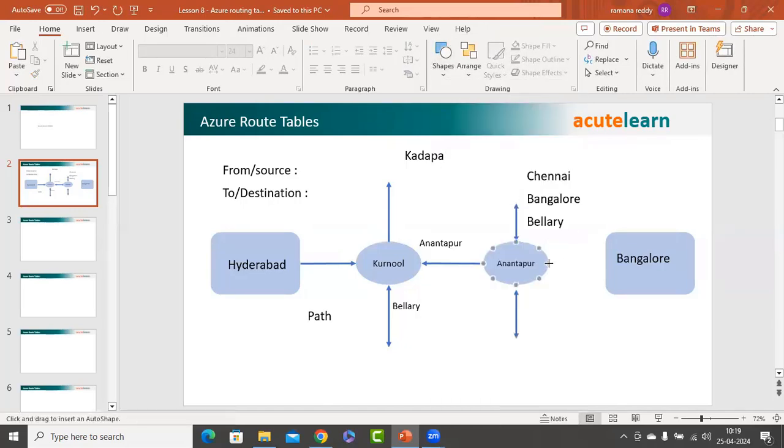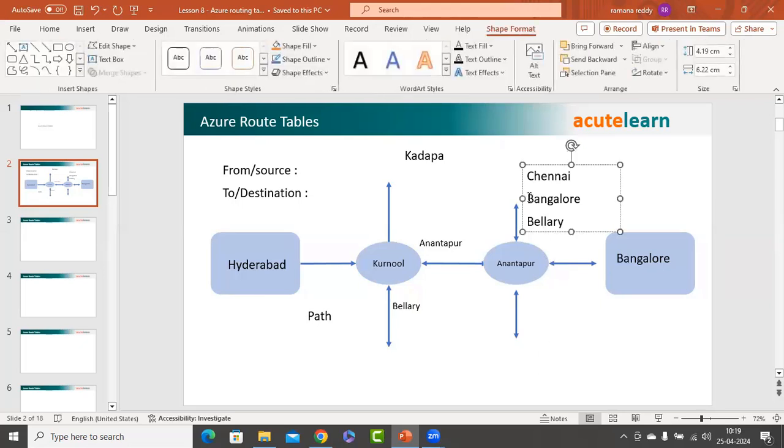When I reach the signal in Anantapur, I see there are four different paths available now. Now, the question comes: which path do I need to take? Do I need to go left, straight, or right? Now, the path indicators